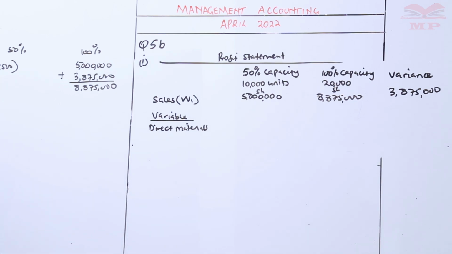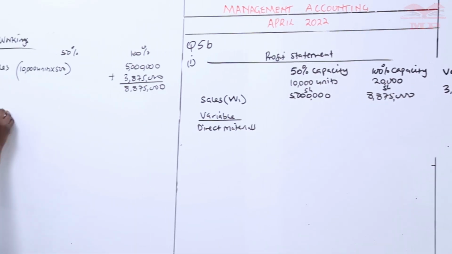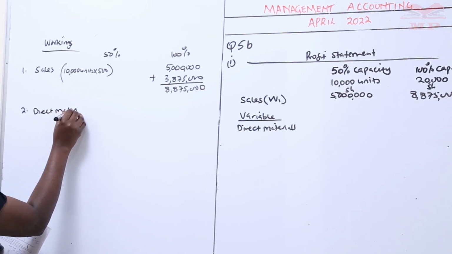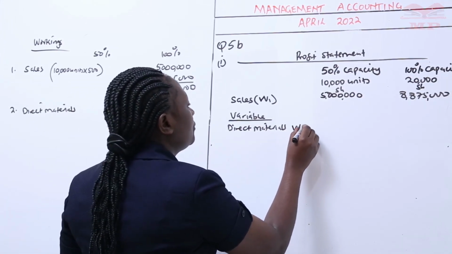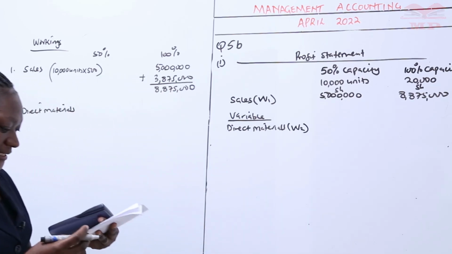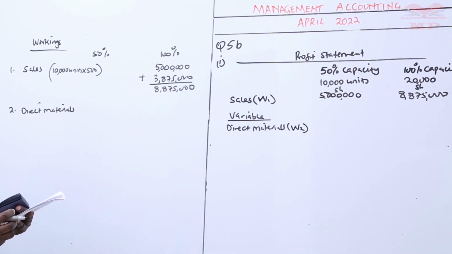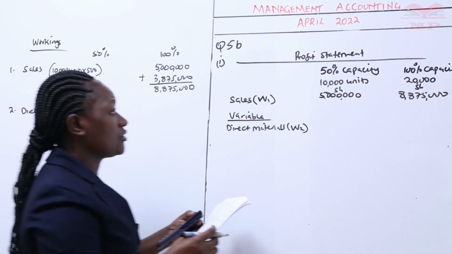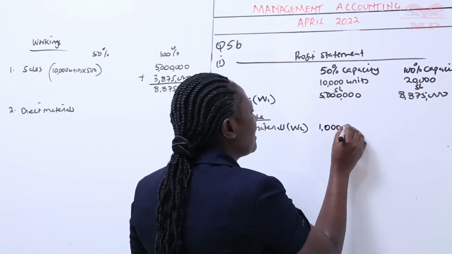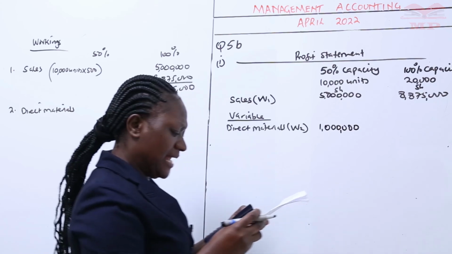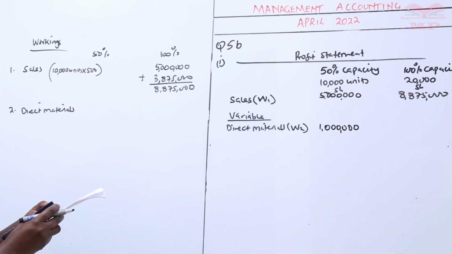So this will be note number 2, direct materials. Working number 2. We are told that direct materials are at 1 million. So at 50%, it is already given at 1 million. We just write 1 million. And then at 100%,